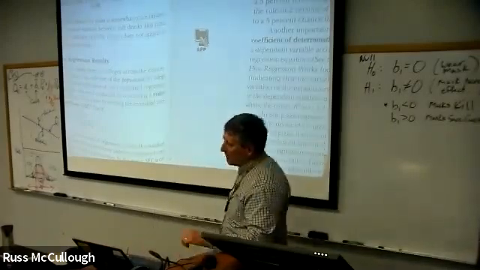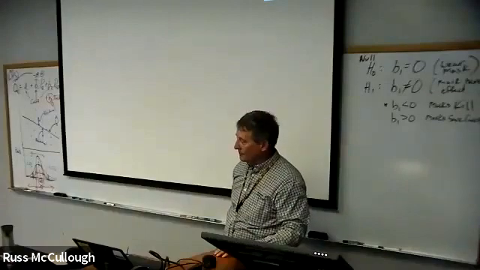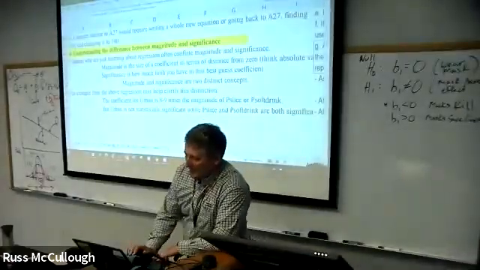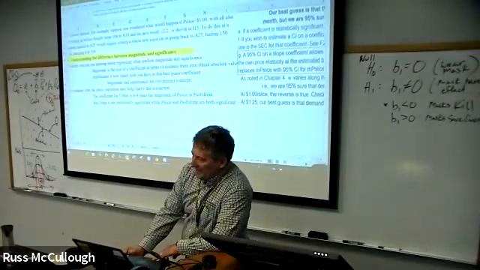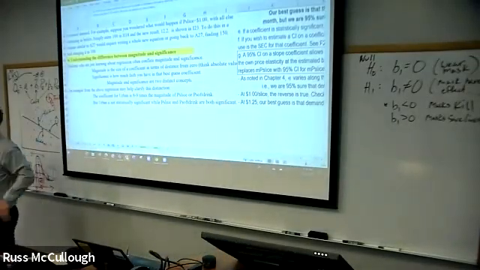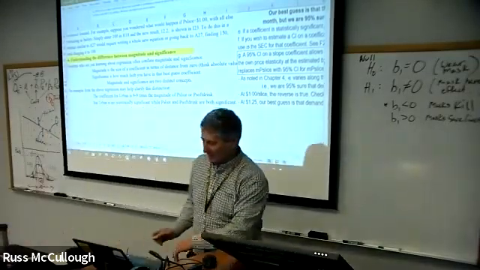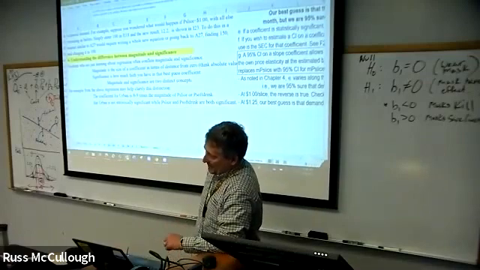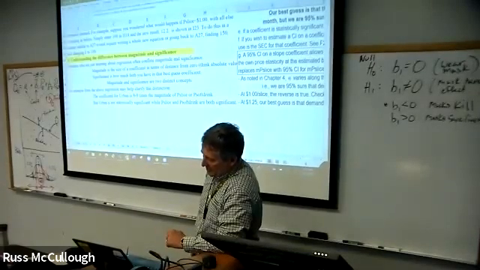So understanding the difference between magnitude and significance. This one is probably easiest to read out. Students who are just learning regression often conflate magnitude and significance. What does it mean to conflate? Kind of mix up and confuse, put the two together as if they're one. Magnitude is the size of the coefficient, the distance from 0. Significance is how much faith you have in it. So magnitude and significance are definitely two things. Make sure you keep them different.